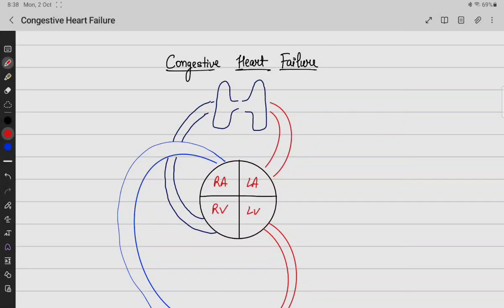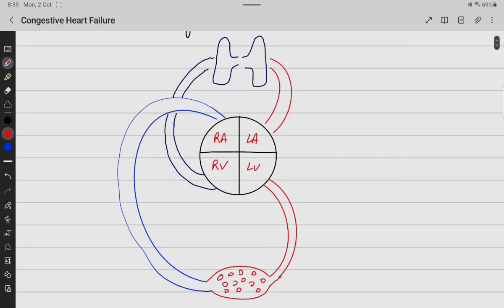Everyone, today we'll talk about heart failure. So, what heart failure means is whenever the pump of our body, that is our heart, is unable to meet the demands of the tissues. So, whenever the heart cannot supply enough blood to meet the oxygen requirement of our tissue, then we call that the